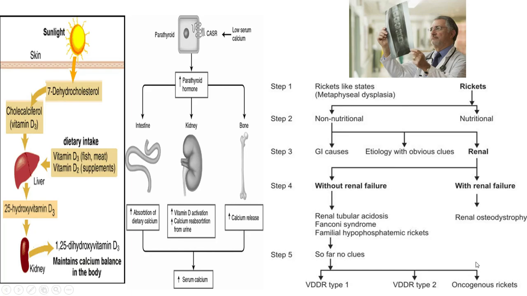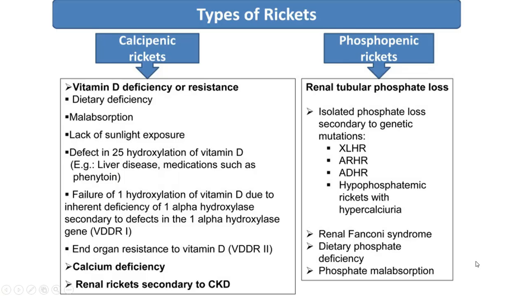This is called oncogenic decay. Now we have to go through all the types, which are related to calcium or related to phosphate. Calcium related is vitamin D deficiency or resistance. One is dietary, one is malabsorption, lack of sunlight exposure, a defect in the 25-hydroxylase, as in any liver